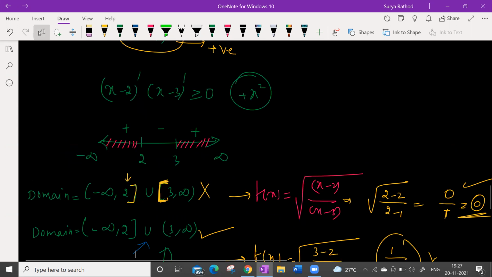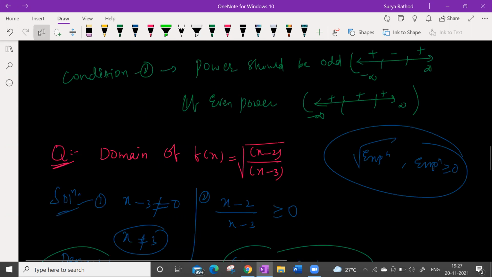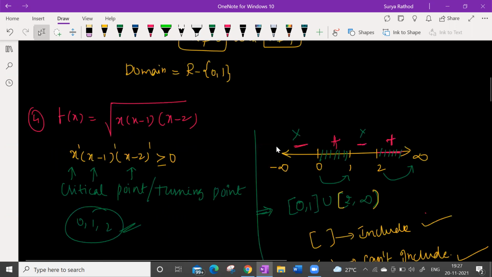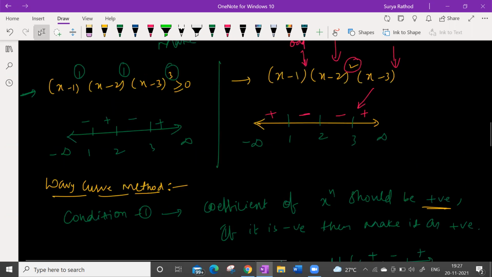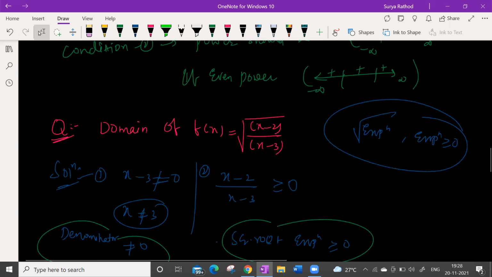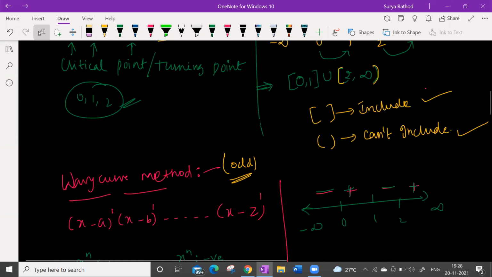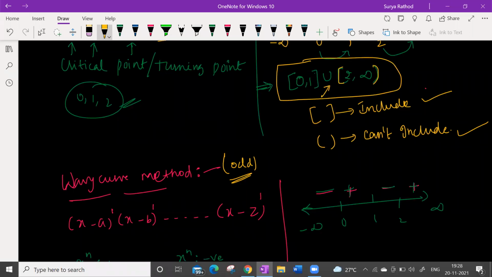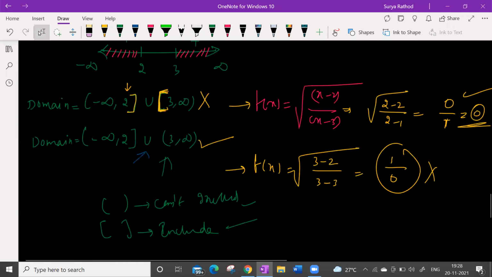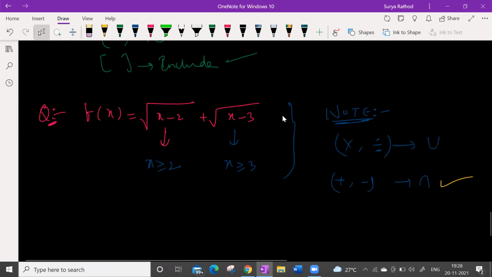Yes, sir. The function was division. Look at this, here what was my function? Product: x into x minus 1 into x minus 2, a product. So what did I include in my answer? Look here, I included union. Whenever you have plus and minus in between two expressions, you need to include intersection. If I have product and division, you need to include union. So let us have a look at this now.